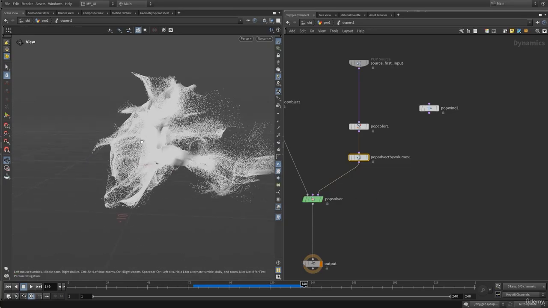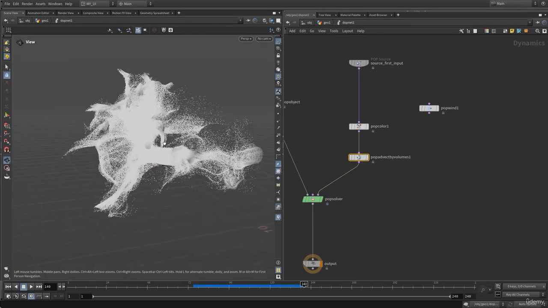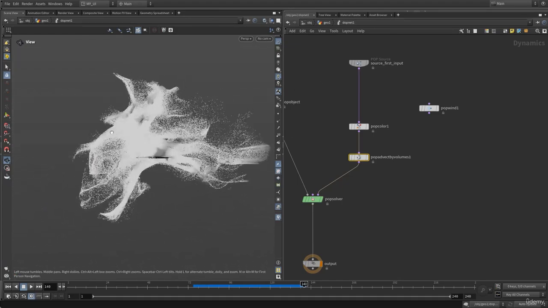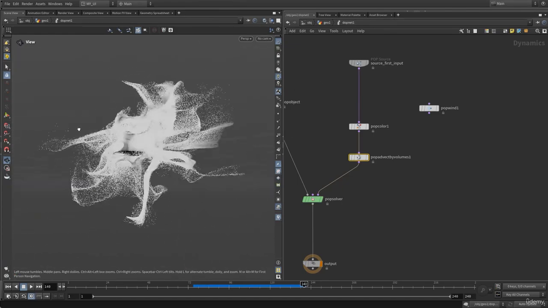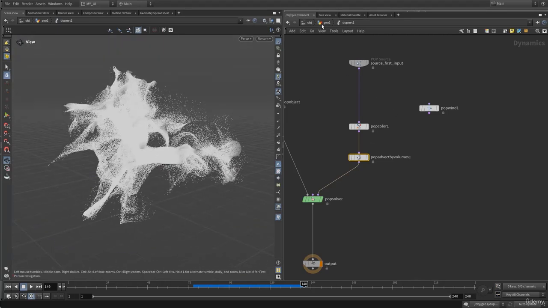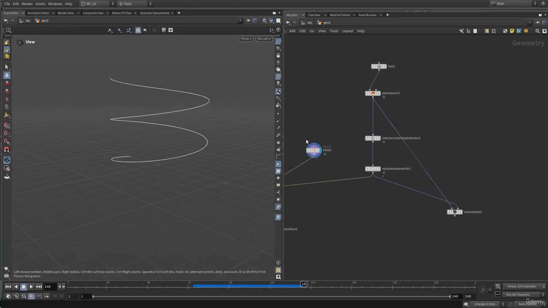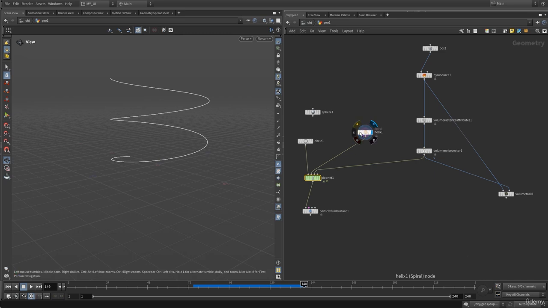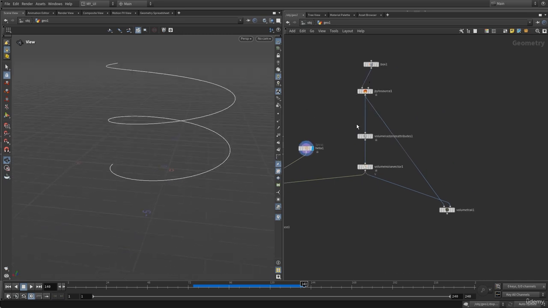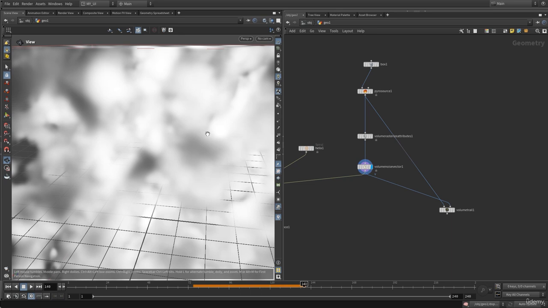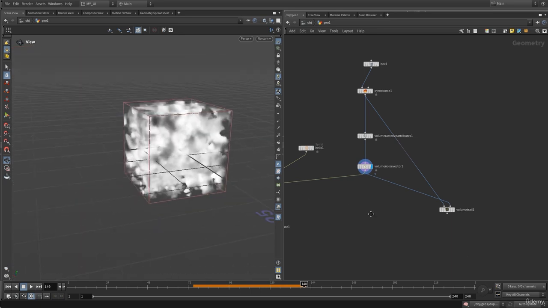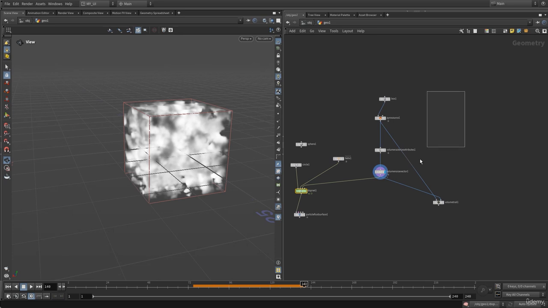Now let's see how we can make these particles follow the line. Right now we are using these noised up velocity volumes to make this noised up particle movement. So let's go back into the SOP, and in here let's build a volume for this line. Right now we have this simple box filled with some noised up velocities, and I'm going to just